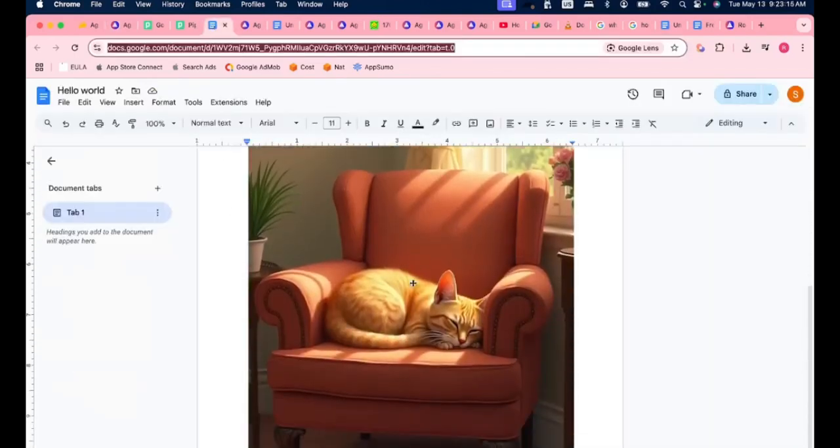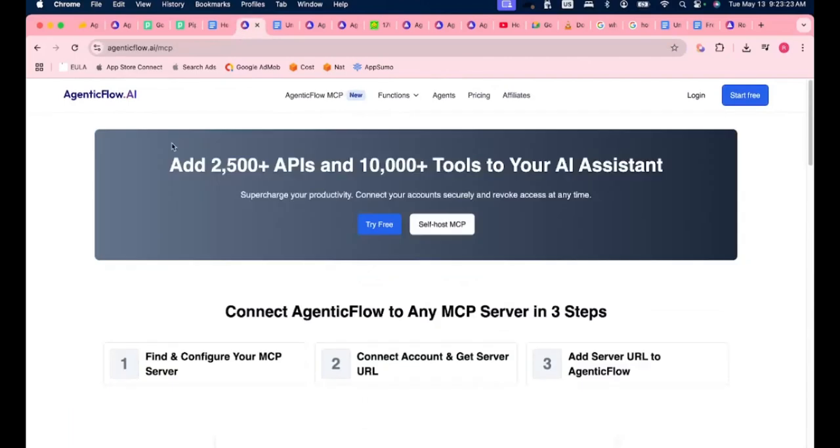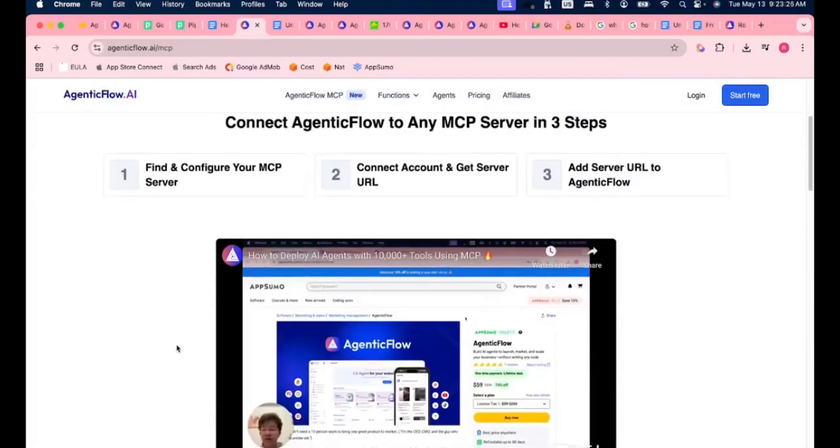Okay, it says the image has been successfully appended to Google Docs. Let me go in here. So my cat is on my Google Docs. That is how you work with Run MCP. And because we have too many MCPs, so you can